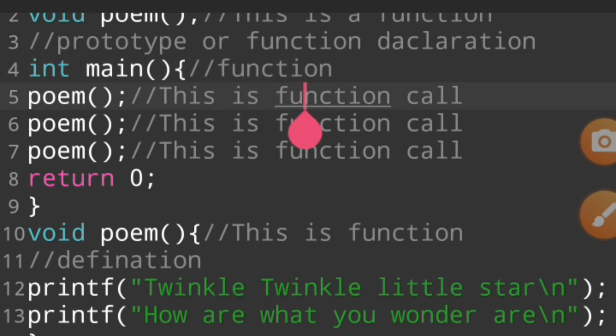So the compiler reads this function call, executes it, and the work of this function is finished. So our compiler goes to the next line, return 0, which tells the operating system execution is successfully finished.